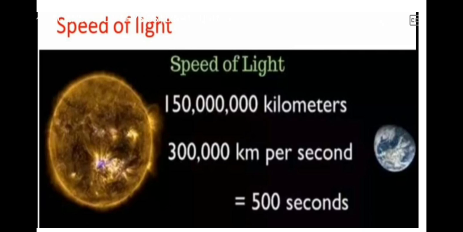Speed of light. In the early 17th century, the Italian scientist Galileo tried to measure the speed of light. In 1665, the Danish astronomer Ole Romer first estimated the speed of light by observing one of the moons of the planet Jupiter. He estimated the speed of light to be about 2,20,000 km per second. In 1849, it was estimated by Armand. Today, the speed of light in vacuum is almost exactly 3 lakh km per second.